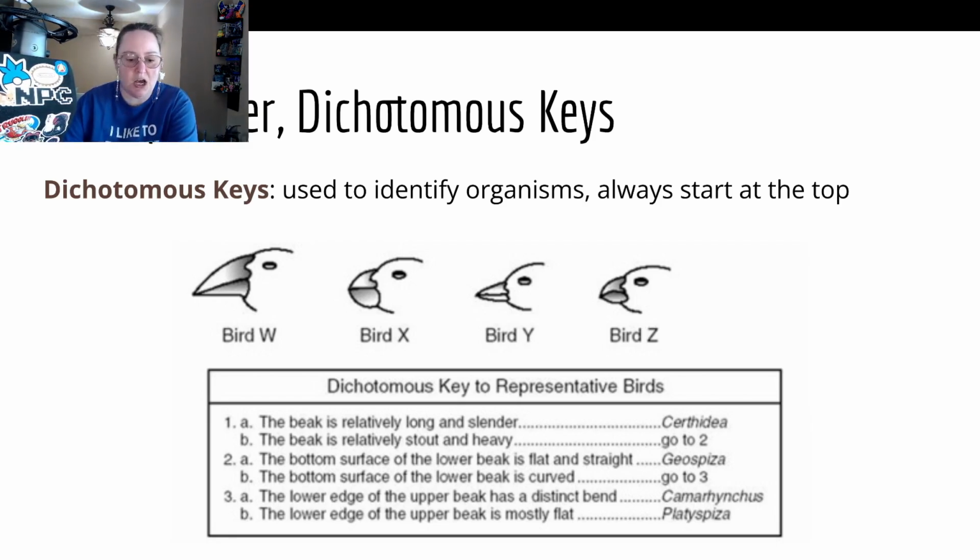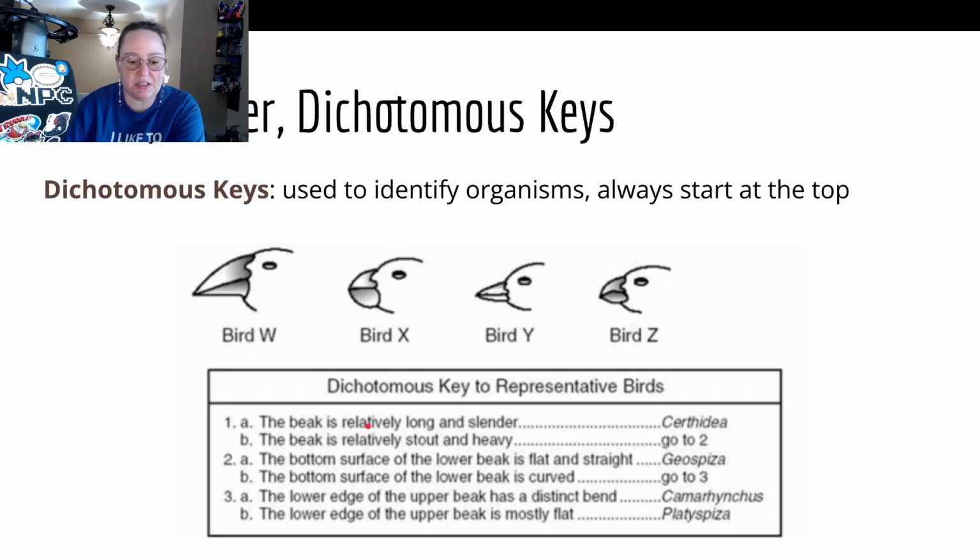So, right here, you look at the beak. You always have 2 choices. It keeps it to 2 choices. It makes it simpler so you're not sitting there looking at 15 choices going, well, I don't know. It keeps it simple between 2 choices. That's why the di in dichotomous key means 2. So you've got 1A and 1B.